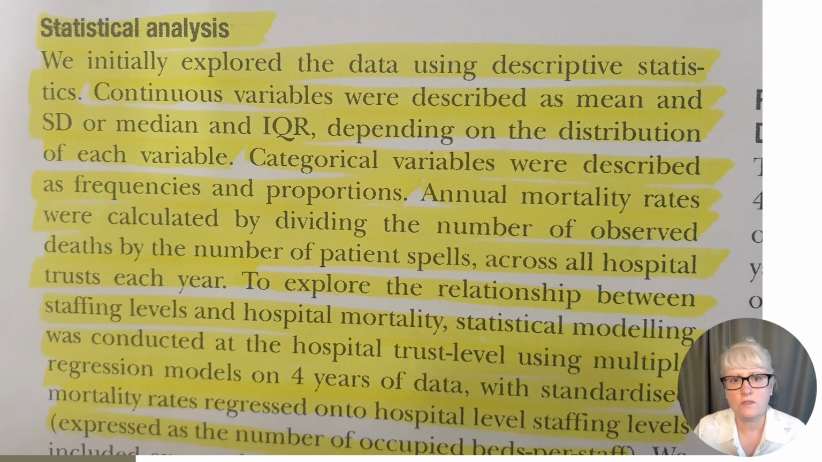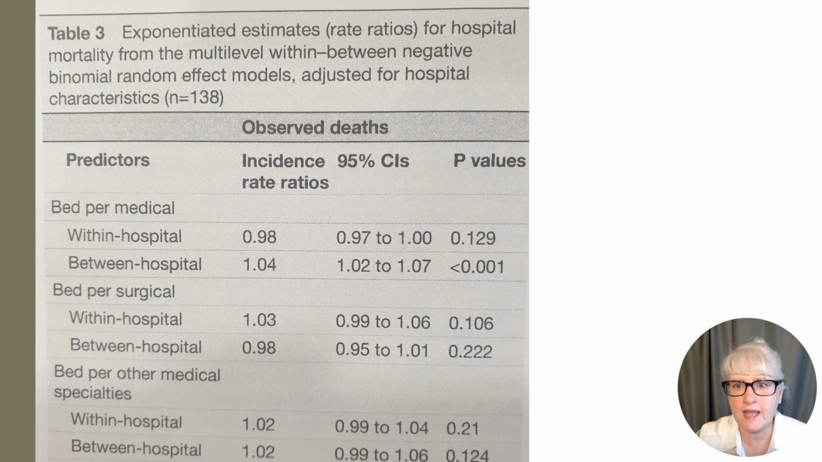The researchers were also very clear about statistical analysis. I can't get it all in here, but you can download the paper. You can see that the researchers, for example, used descriptive statistics, using mean and standard deviation to describe variables, and an interquartile range, which is 25% on either side of the median. They also used statistical modelling to explore the relationship between staff levels and mortality rates. They discussed how they adjusted their statistical models to account for trust size, and they considered a range of statistical models. Here we have a table presenting estimates as rate ratios for hospital mortality,